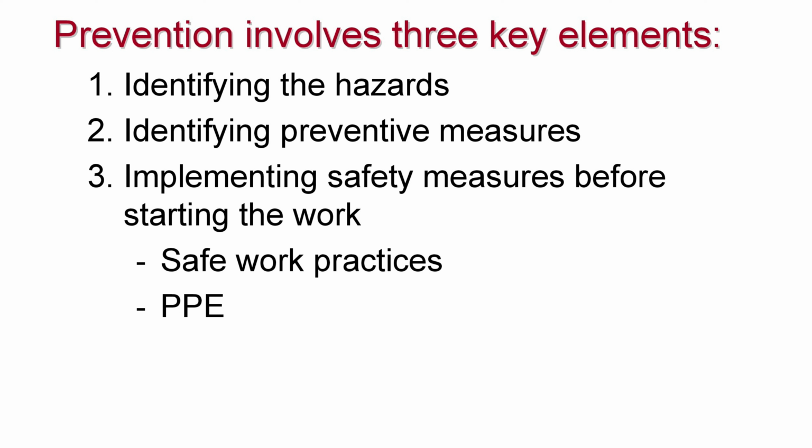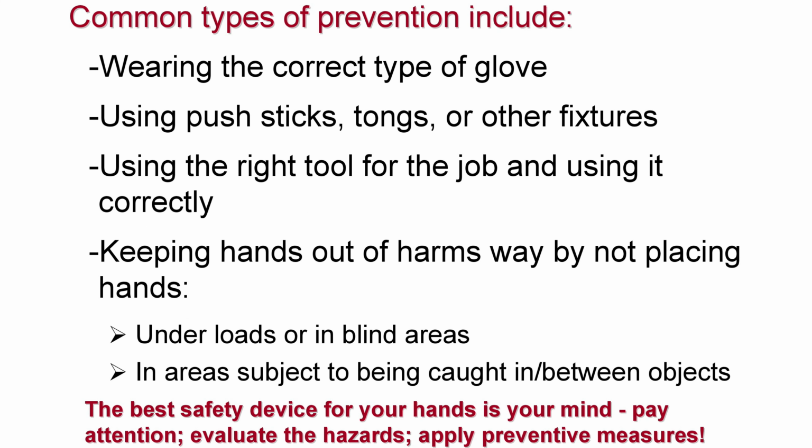Prevention involves 3 key elements. 1. Identifying the hazards. 2. Identifying preventive measures. 3. Implementing safety measures before starting the work. Safe work practices, PPE. Common types of prevention include wearing the